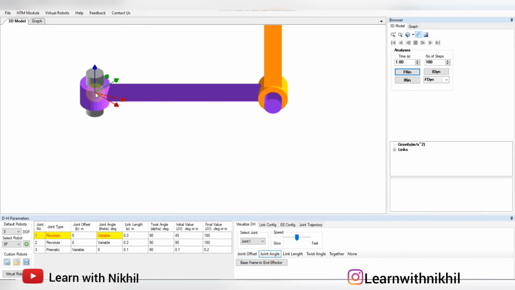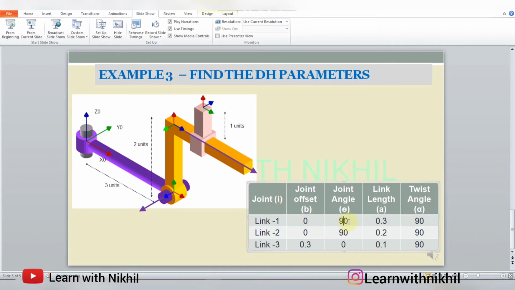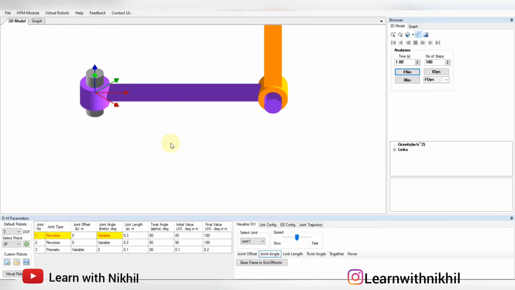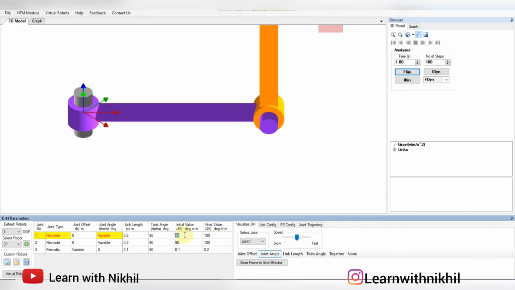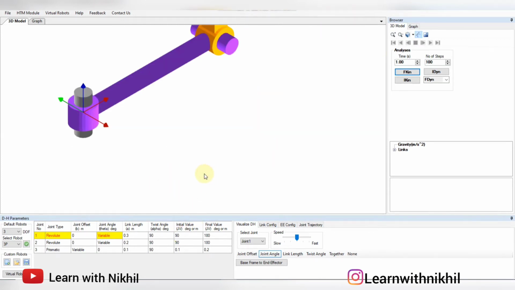As you can see, the x-axis always gets aligned onto the link. So that is the 45 degree. Here it will be 45 degrees if your robot was like this. If I make this 90, as you can see, the x-axis has to align with this.